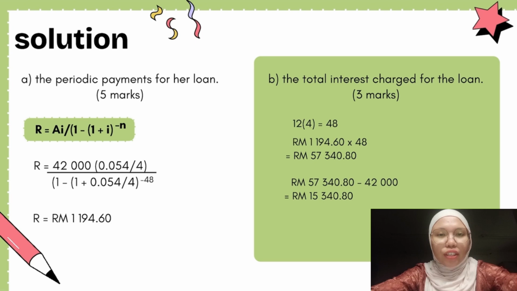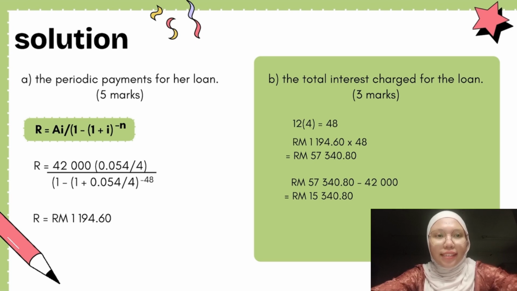For the calculation, R equals 42,000 times 0.054 over 4 over 1 minus 1 plus 0.054 over 4 power minus 48. We calculate the quarterly payment Laura must make, which is 1,194 ringgit 60 cents. Question B, the total interest charge for the loan. To find the total interest, we must first multiply the credit payment by the total number of payments, which is